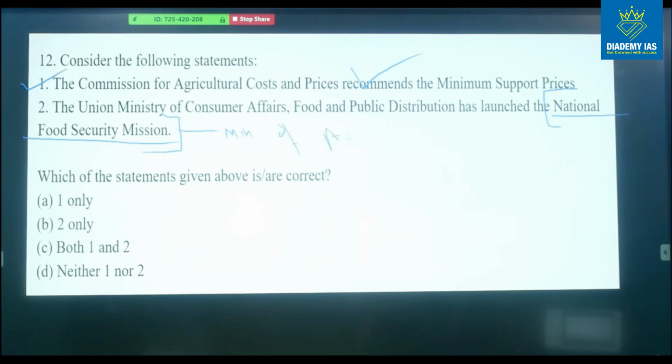So in your handout of government schemes, you will find National Food Security Mission has been introduced under the Ministry of Agriculture, right? So here answer is option A. So you have to carefully read. This is not National Food Security Act. This is National Food Security Mission. So even a single word can make a difference. Again, here the answer is A only, not B. There is a typing mistake.